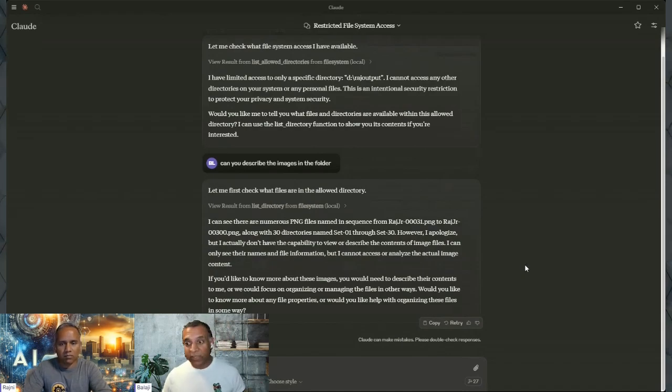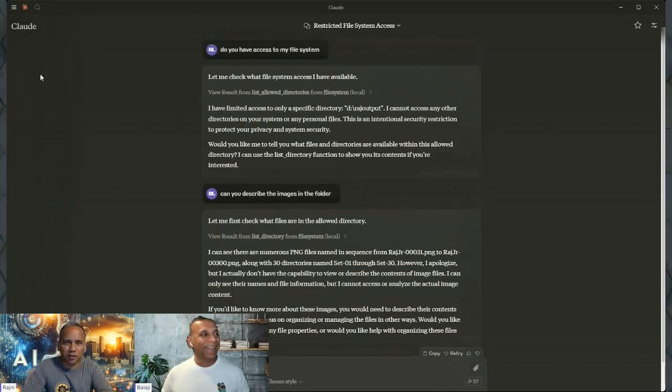So again, you can write the tool to present the whole thing, so it has the image, just like an attachment, and it can tell you. But this file system server does not do that. So you can see you have fine-grained control: based on what you write, it can use only that functionality. And it says it doesn't have access to the actual image content, right? I don't actually have the capability to describe the content. That's good to know. Whether it's true or false, it's good to know.